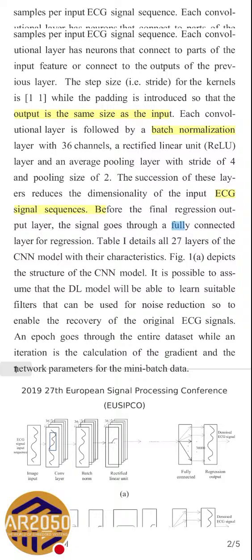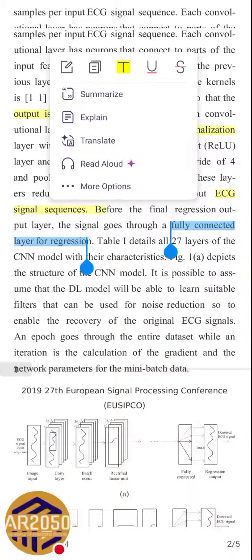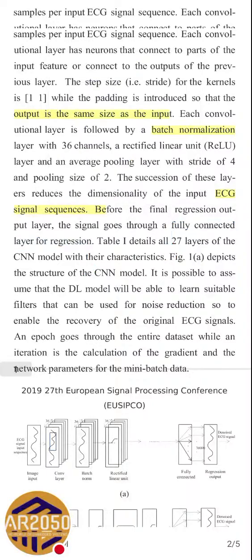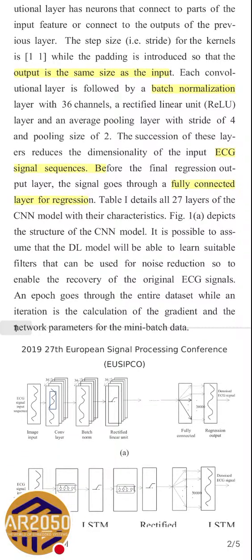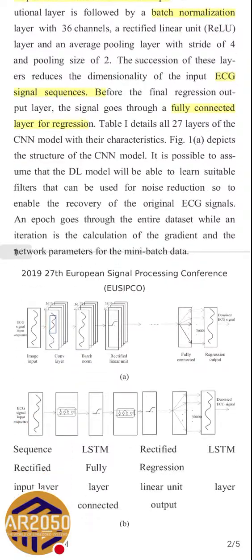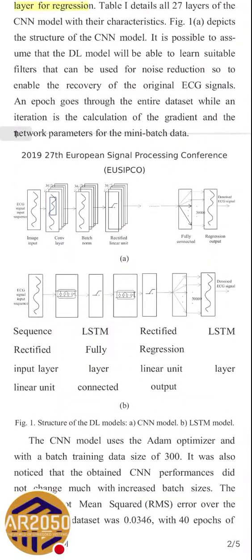So they pass through a regression layer, which is a fully connected layer, and that's how they get the final output. Here is a picture of that. They have an image input, convolution layer, batch normalization, ReLU unit, and finally the fully connected layer